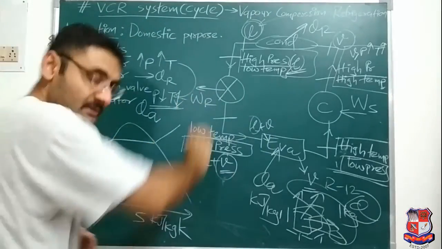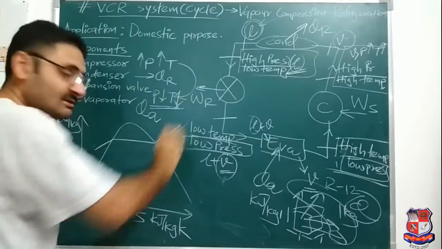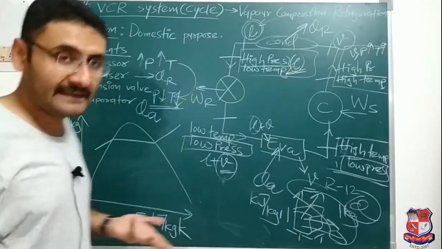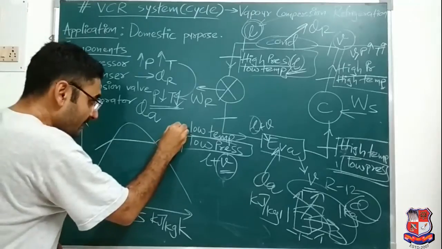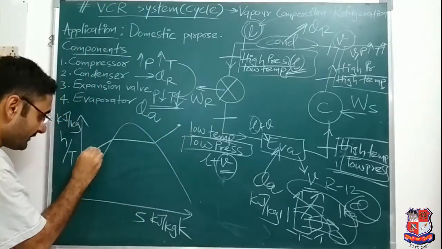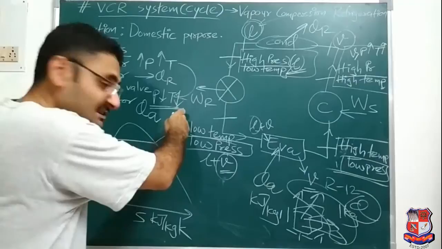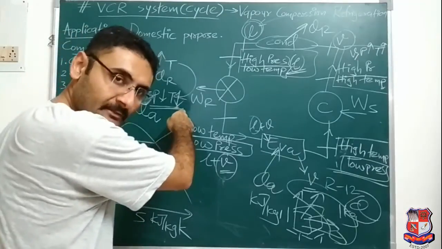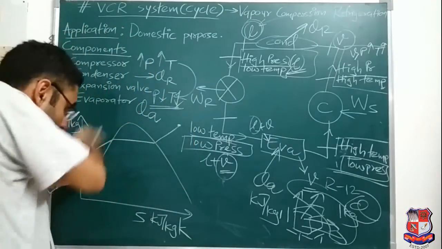So that is the symbol which will indicate what? Pressure remains constant, but temperature may vary. How? Supposing over here if I consider one point and over here if I consider one point, on both of these points pressure may be the same. Why may the pressure be the same? Because it is a constant pressure line.